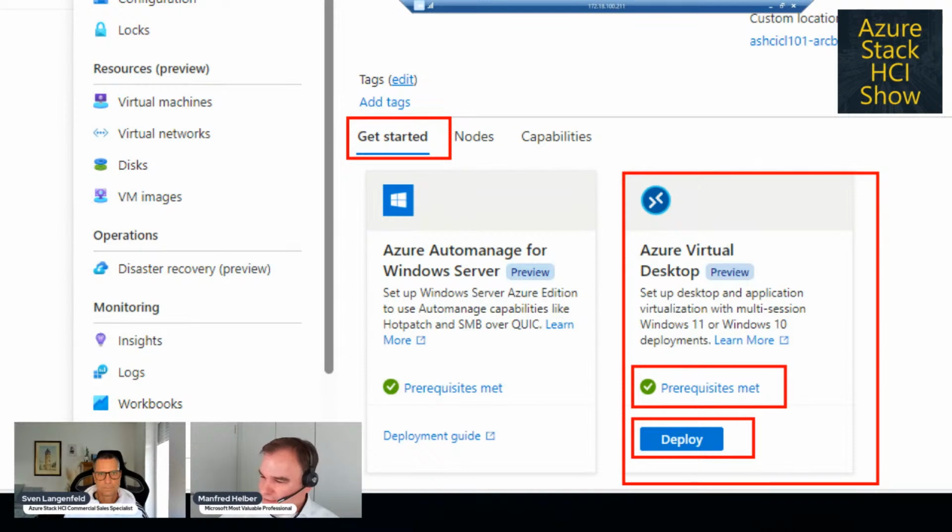And this is here green when I have deployed the Azure Arc Resource Bridge. Because when I have the Azure Arc Resource Bridge, the Azure portal can distribute the image that is needed for the installation to my Arc Resource Bridge. It can trigger via the Azure Arc Resource Bridge the deployment of new virtual machines.